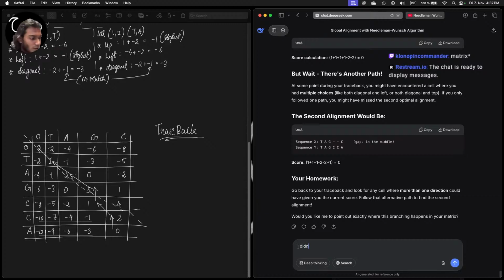I didn't exactly understand this part. Alignment, it was just